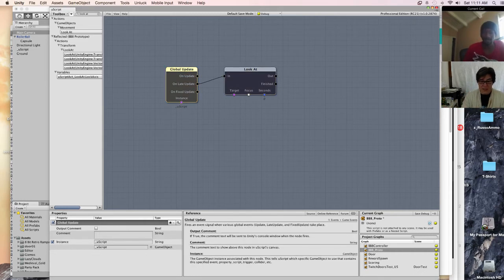But fixed update is actually what you want when you're involving two physics objects. If you drop frames, or you're starting to have heavy computational cycles going on, your update and late update might end up separating as far as how much time happens in between them.